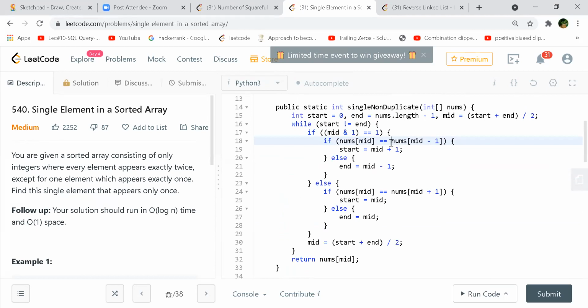If mid is equal to mid plus 1, then I'm saying start is equal to mid, because mid plus 2 may not exist. So in that case, I just take start equal to mid. This is for checking. Yes. We can also use modulus. Got it. This is good. So if it is odd, then you check if mid equals mid minus 1; then you go to the right half of the array. Otherwise, you go to the left half.